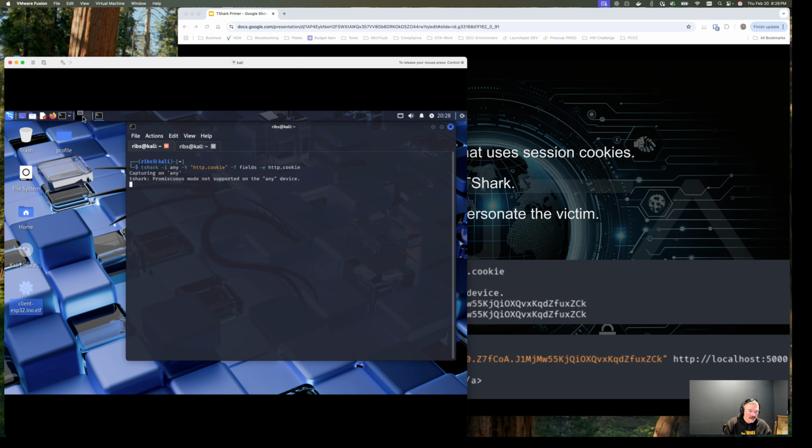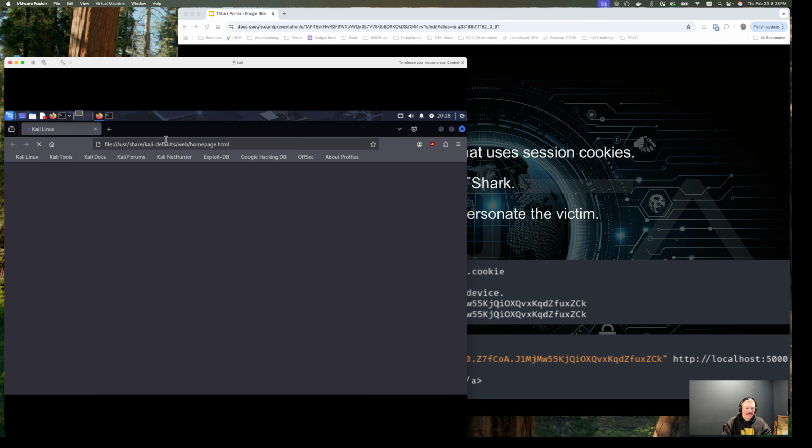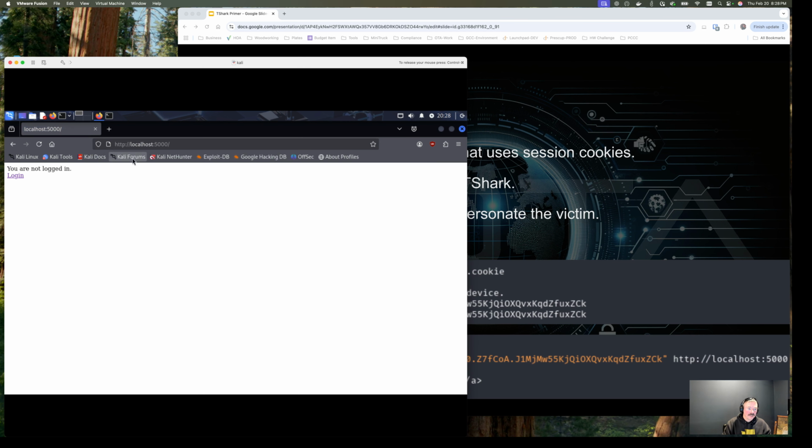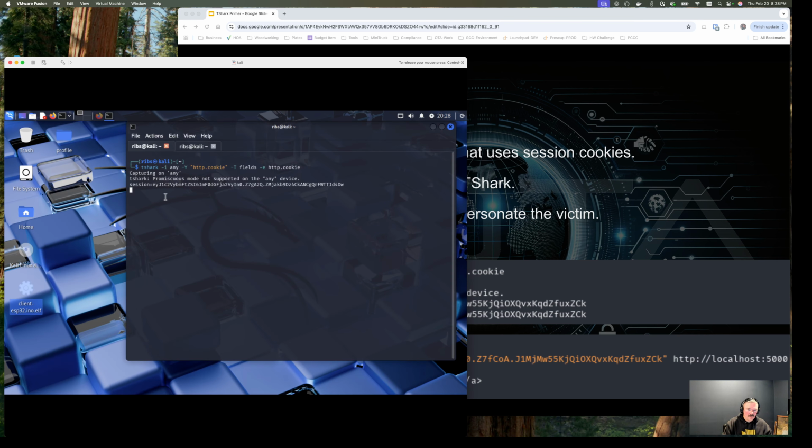Yep. All right, so again, I'm going to browse to localhost 5,000. I'm not logged in. I'm going to log in. Okay, now I'm logged in as attacker, right? And so what I got was this session key right here. So if I copy this,